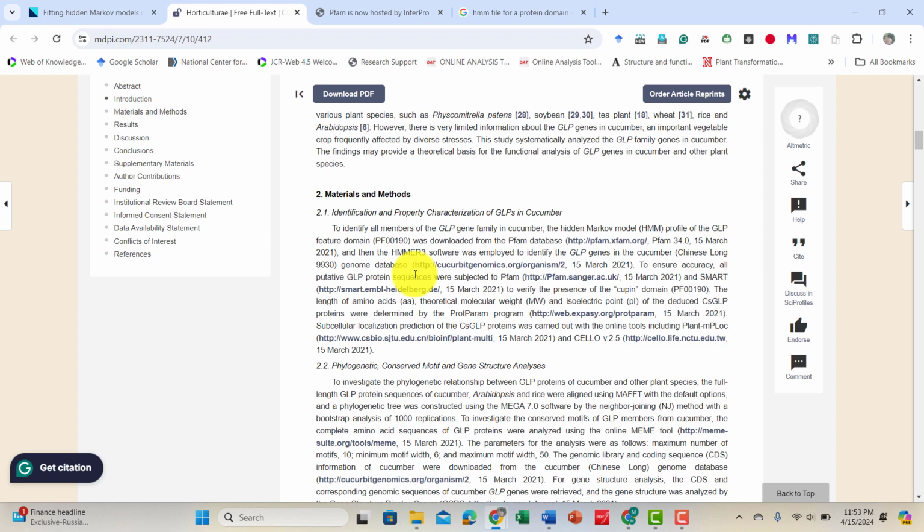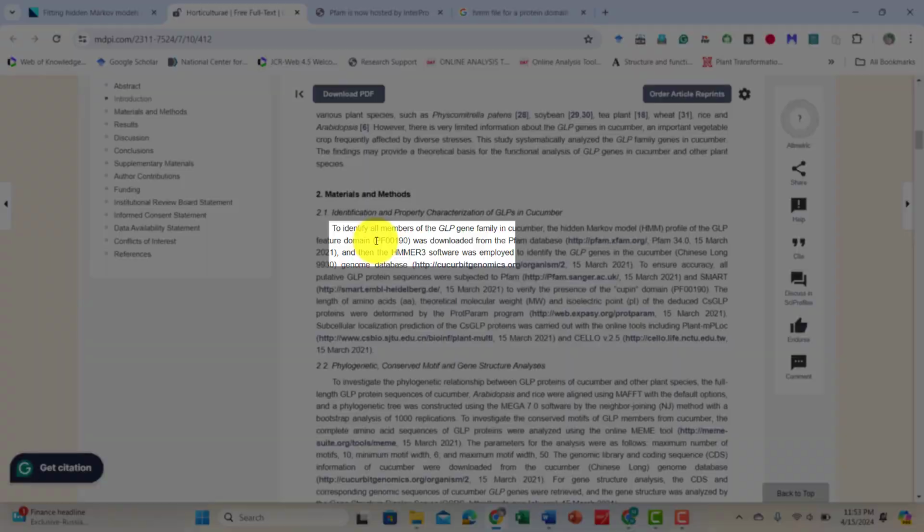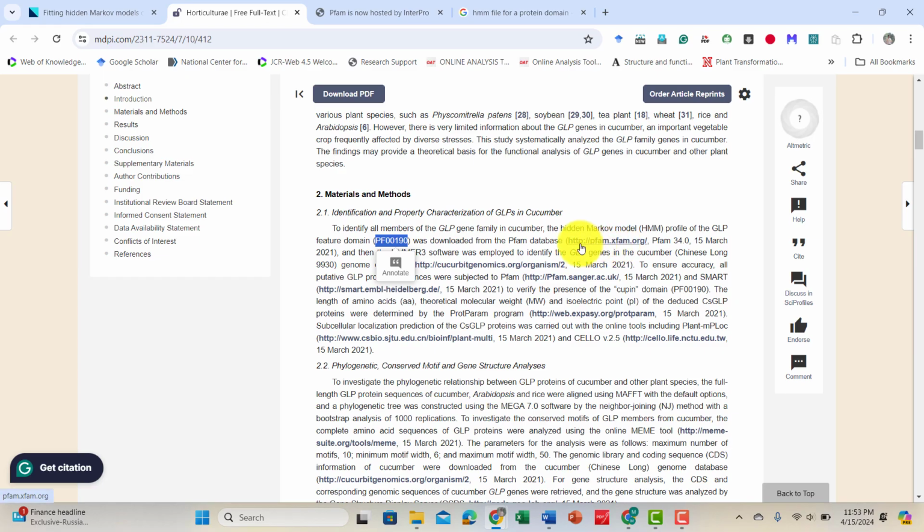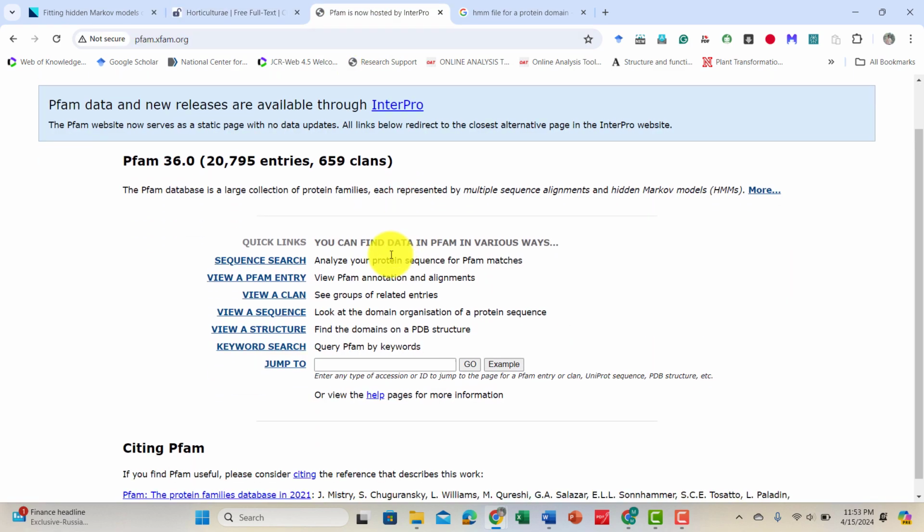Most of the time, we download it from the related research work, from the related paper. For example, you can see here we have a hidden Markov model for the GLP protein family, which has this particular number. Then it says that it was downloaded from this database. So we will take this number, copy it, and go to the Pfam domain,